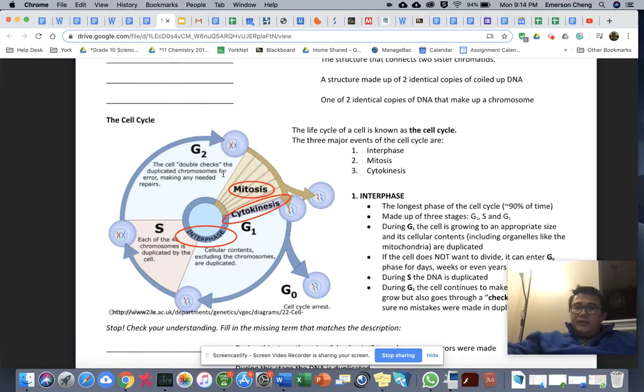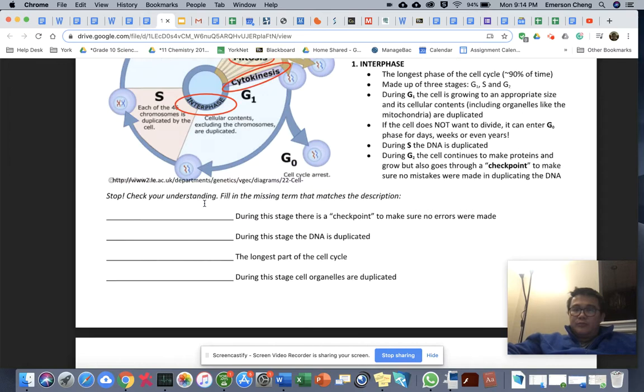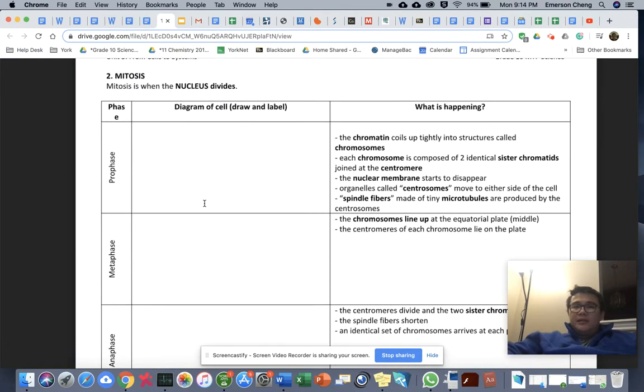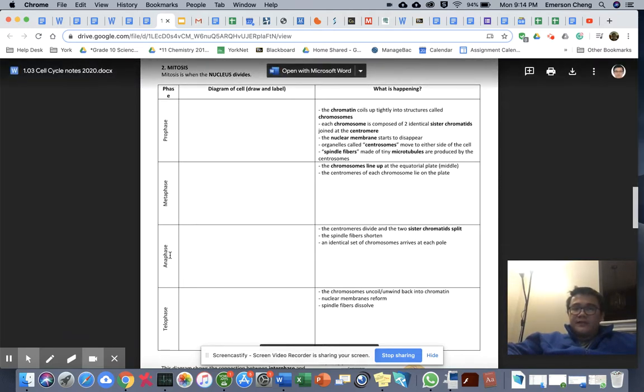The second main point is to know what the cell cycle is and what happens in each phase before you go into mitosis, and then cytokinesis. So make sure you know these terms. Again, use the handout or the Pear Deck to help you. The last but not least is the mitosis stage. From the video we've seen before, you have four different phases: prophase, metaphase, anaphase,